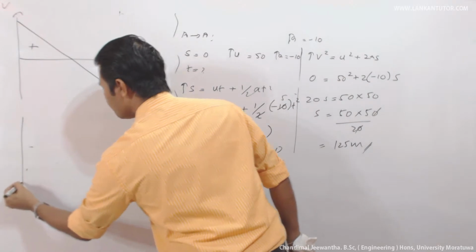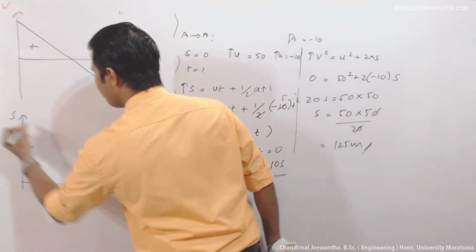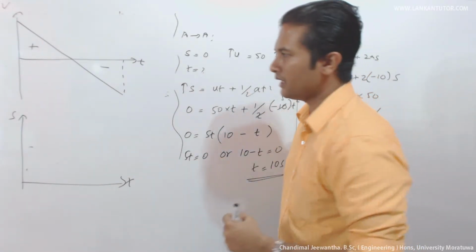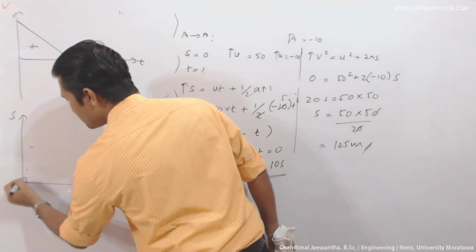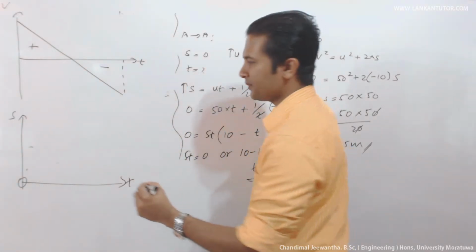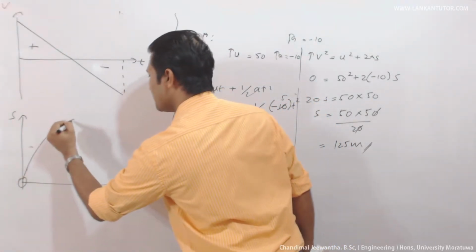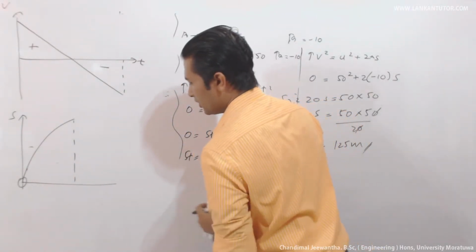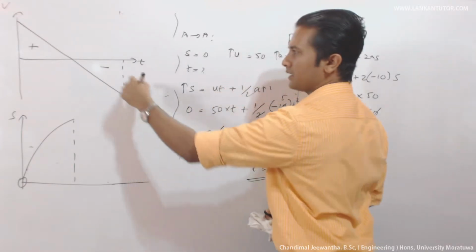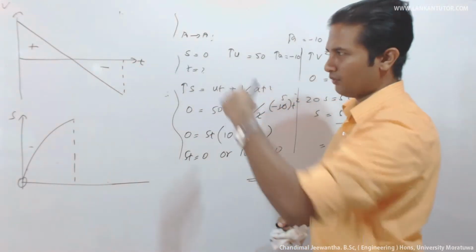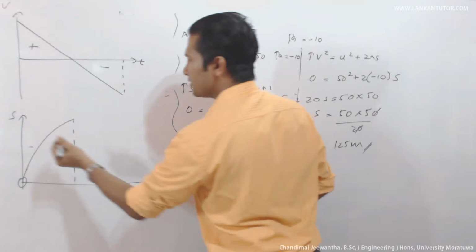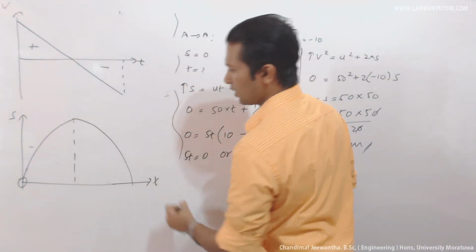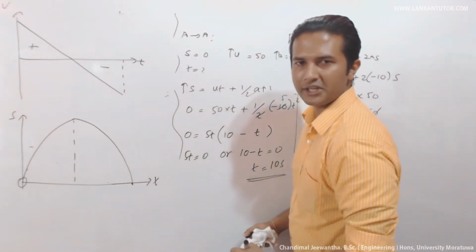And when considering the displacement time graph, what happens? Initially there is a retardation. It starts from 0 displacement, which means there is a retardation just like this. That is called retardation towards the positive direction. Then we can consider this part. That is acceleration towards the negative direction. So finally the displacement should be 0.